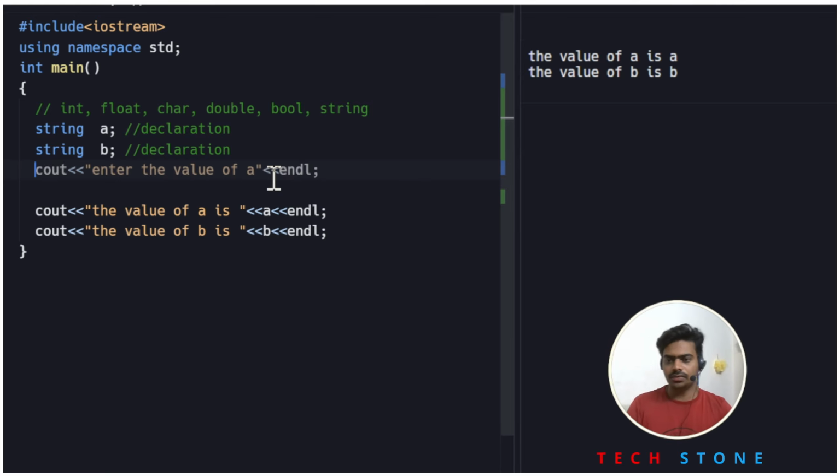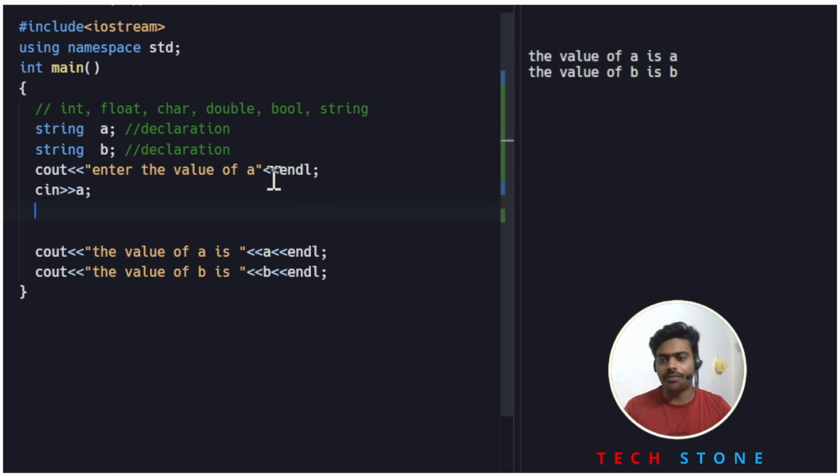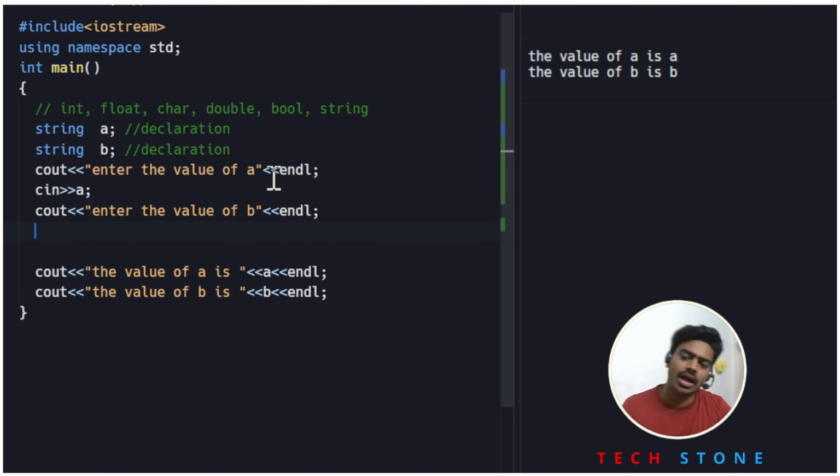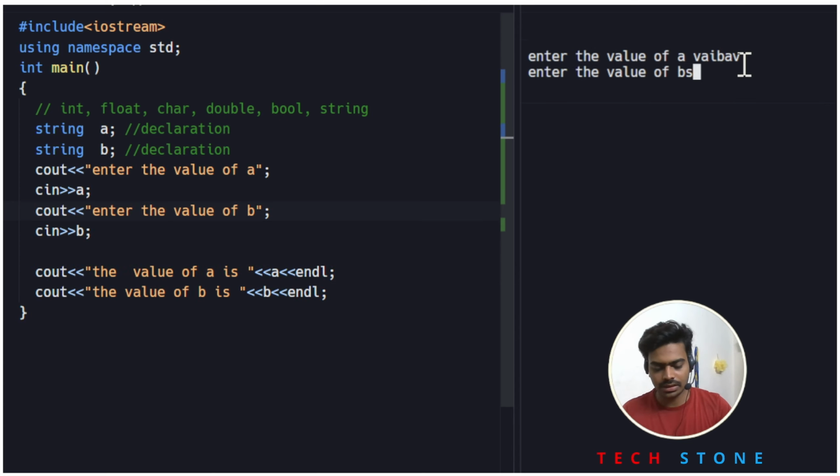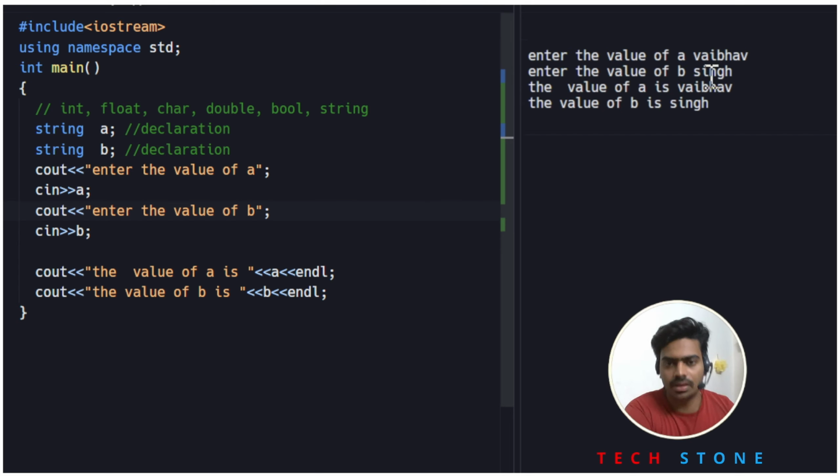First we write a message, enter the value of a, after that cin of a, then enter the value of b, after that cin b. Now we execute our program. This is our first input and this is our second input. Now we will see the value of a is Vaibhav and the value of b is Singh. So these five data types are mainly used.